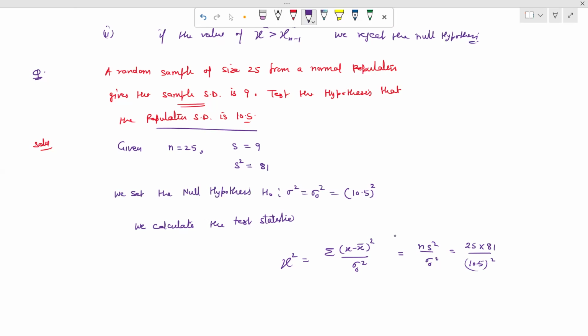So when we calculate the value, this gives us 18.36,